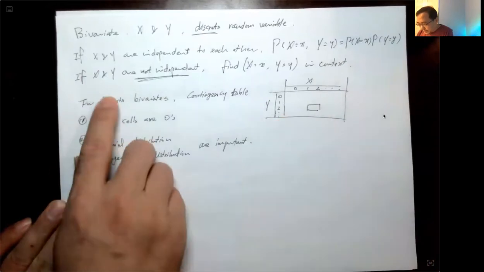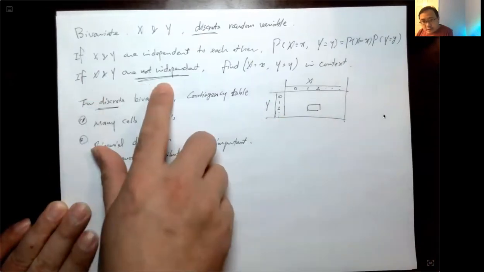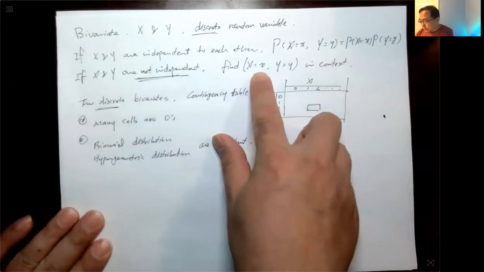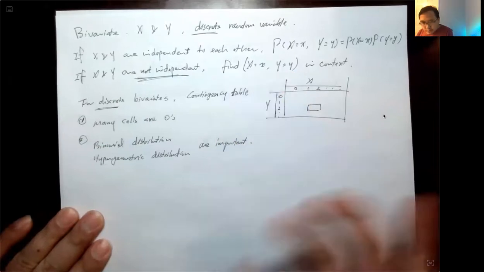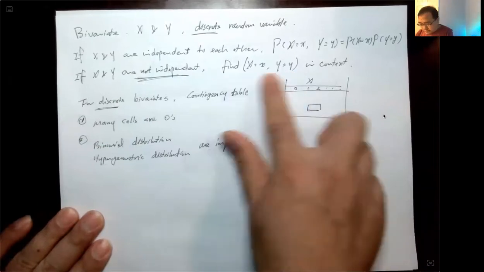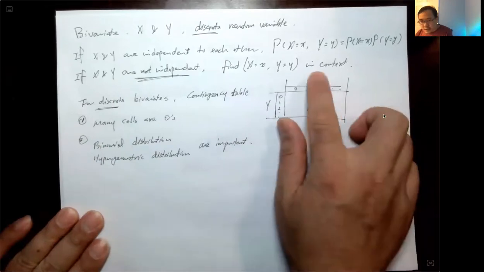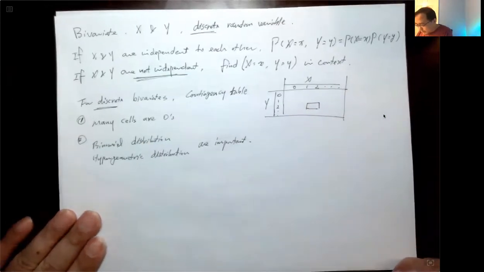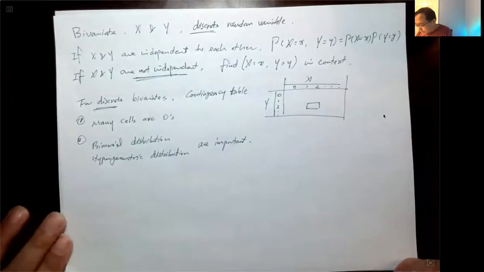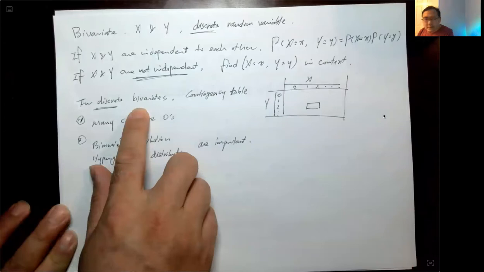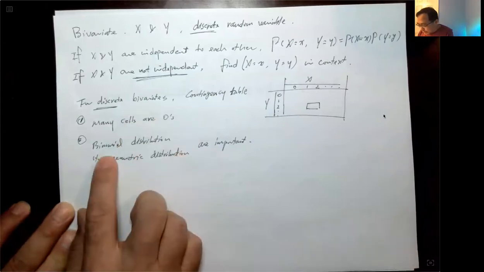Okay, but if they are not independent, and you need to figure out what x equal to x, y equal to y, what's the meaning of this combination in the problem context. All right. We call it a contingency table, right? And for discrete bivariate,